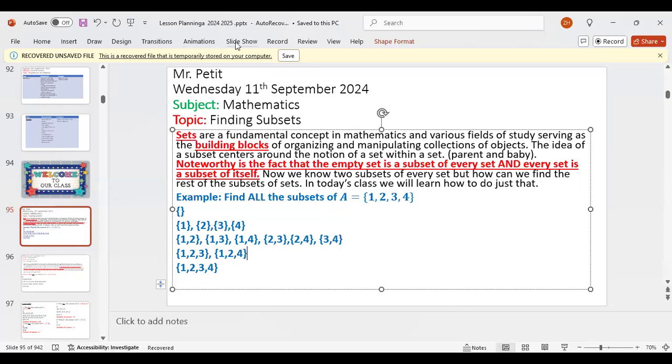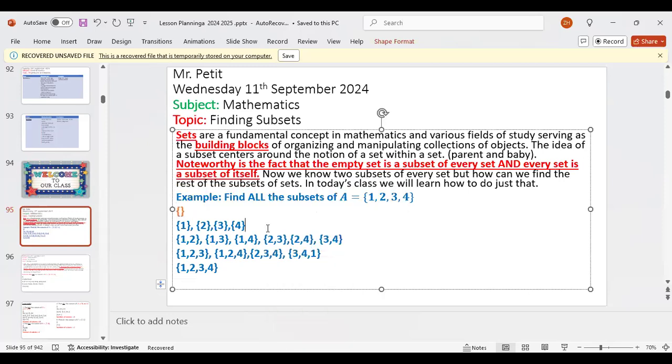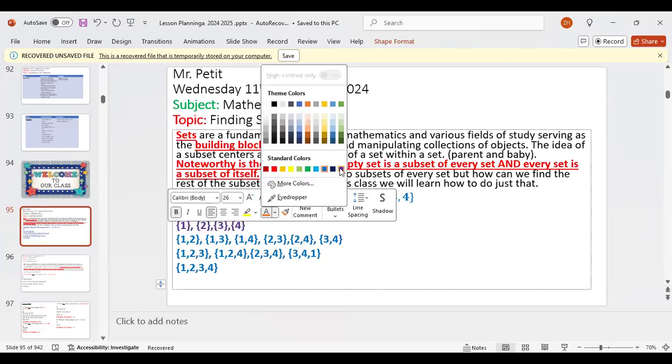Let me just list it off first. And then I could do 2, 3, 4. And then I could do 3, 4, 1. So the key here is that you don't want to repeat any elements, to make sure all of your elements are distinct.